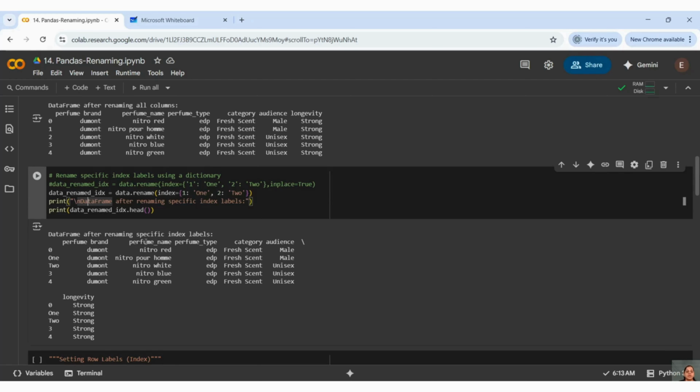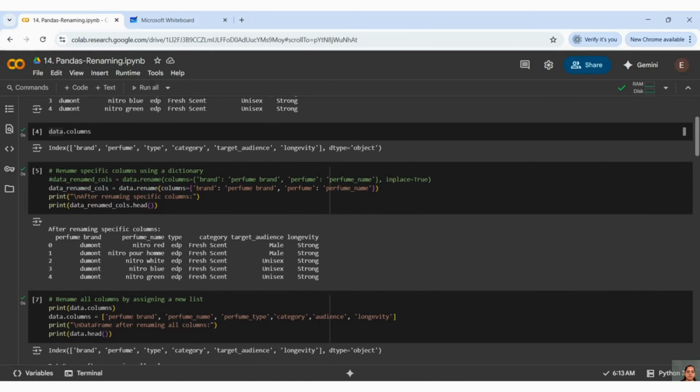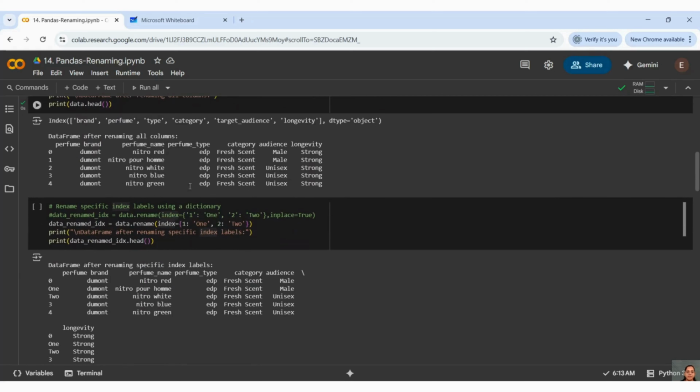So here you can see again I have used data.rename. In the top section I used columns as a property. Here I am using index as a property, and I am passing a dictionary.